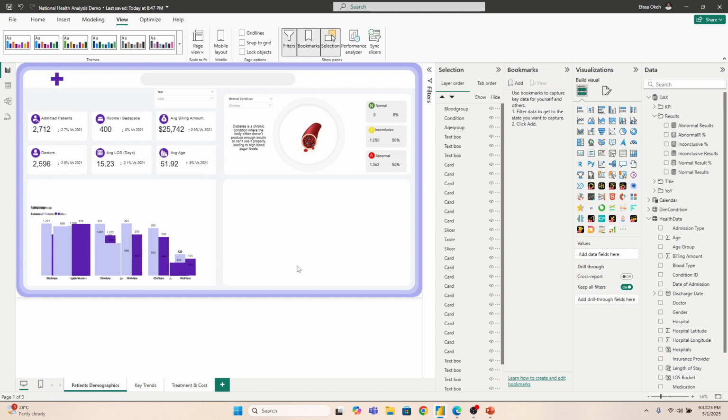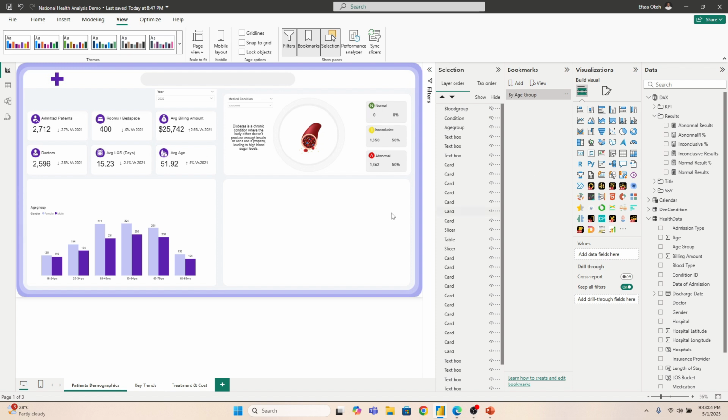So what do I want to achieve? First, I want you to watch carefully. The first chart I want to show in this very space I have here is the admitted patient by age group, which means I don't want to see the admitted patient by blood group yet. I don't want to see the admitted patient by condition. What I want to see is the admitted patient by age group for now. So once I have it in this view, I'll simply click on add bookmark. So this bookmark is simply by what now? You can guess, by age group,